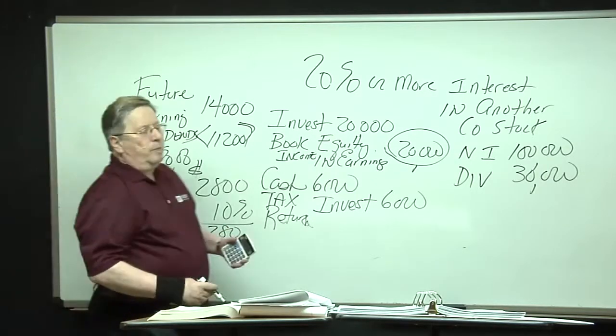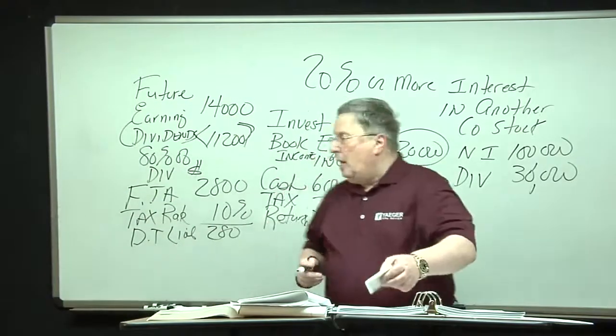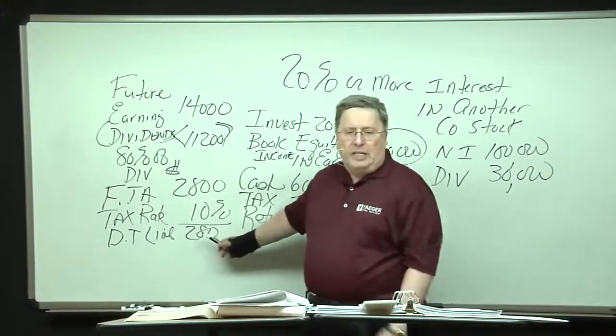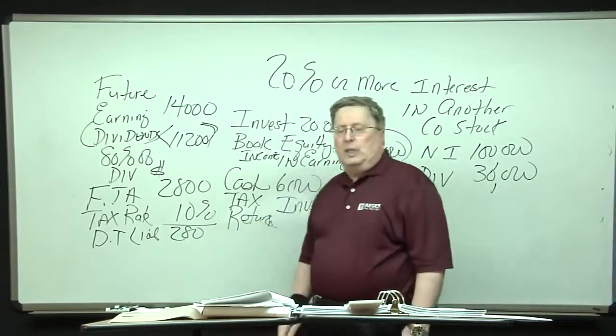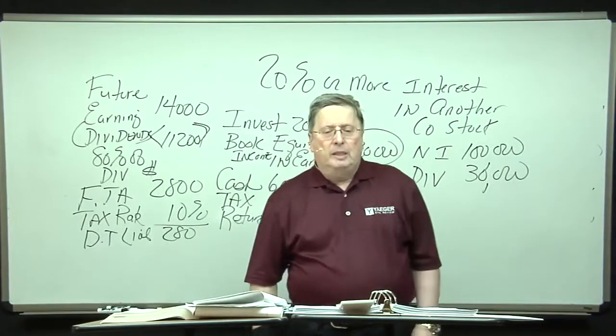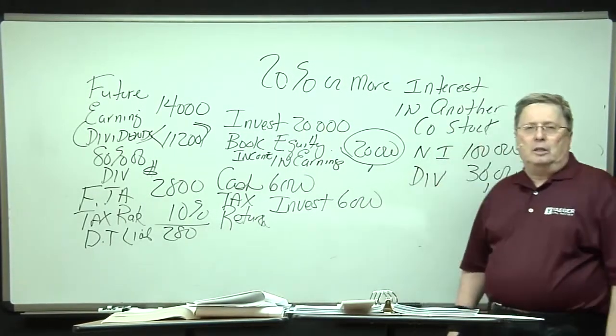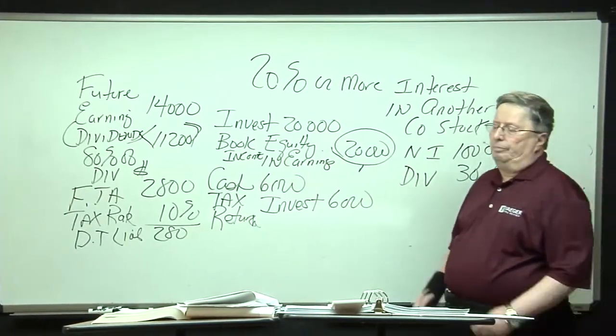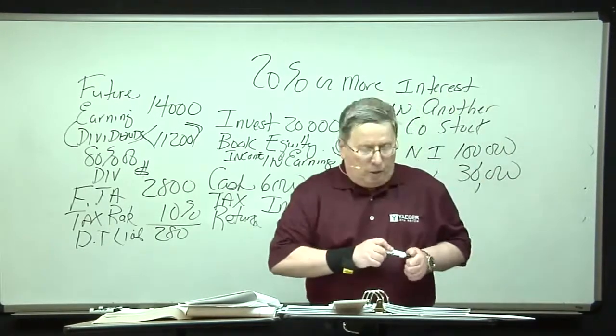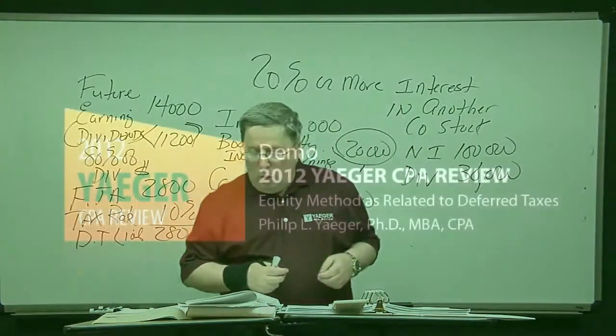So what would my entry be on my books? Well, I would credit deferred tax liability for $280, and I would debit income tax expense deferred for $280. So that's how the equity method works. So to make sure you understand that,